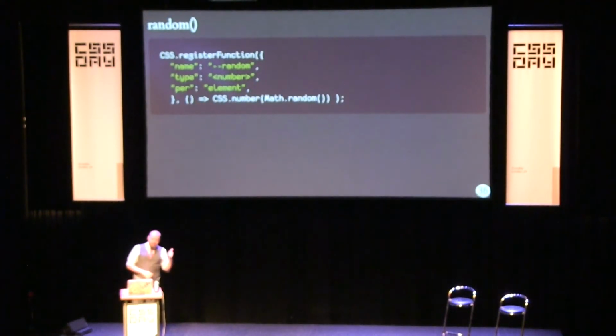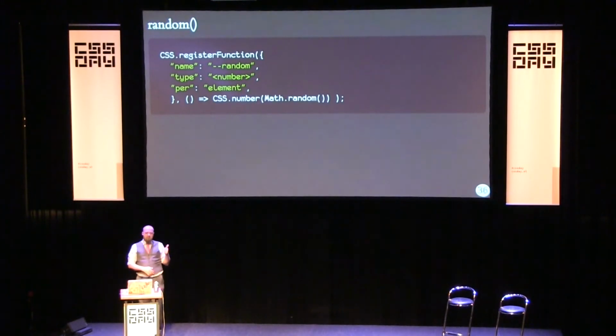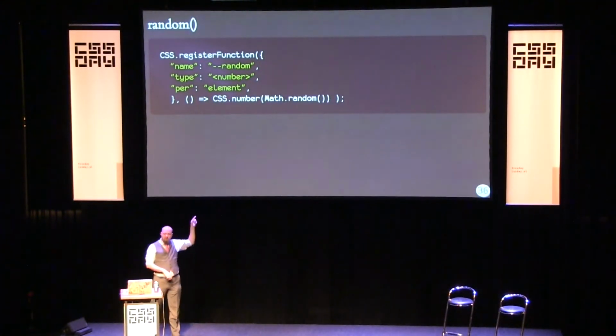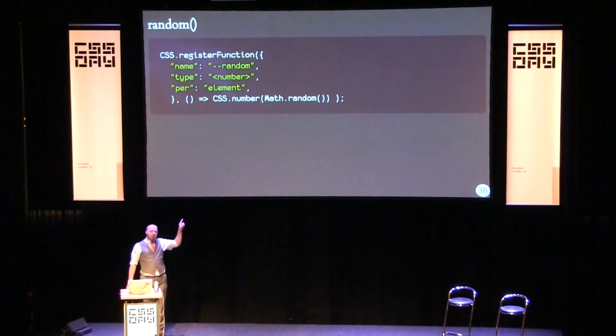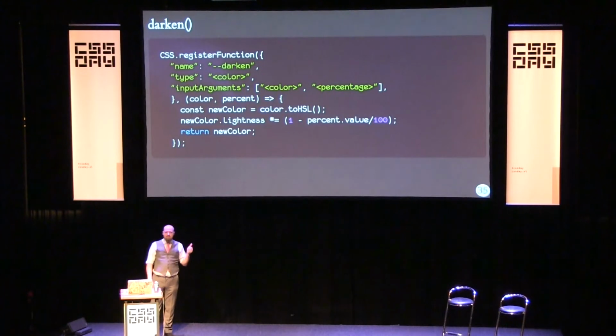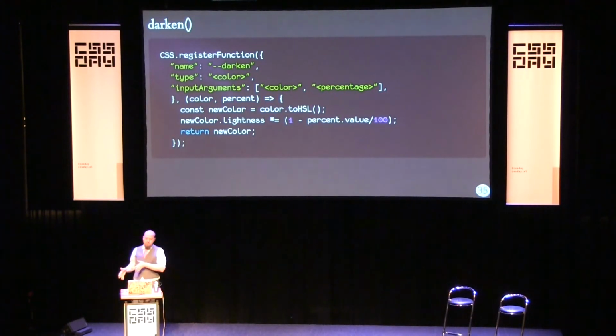Here's a secondary example. The random function that Philip spent so long trying to polyfill, this should be all you need, actually. The new bit here is this per. I don't know what I actually want to call it, so I'm going to do that for now. That at the moment indicates that this function gets called once per element, not once per style sheet occurrence. Go back for a second. Whenever you use Darkin, you can just take it in the style sheet and then replace it with its value. Whatever value you have, it's going to be the same for every element that gets that property.